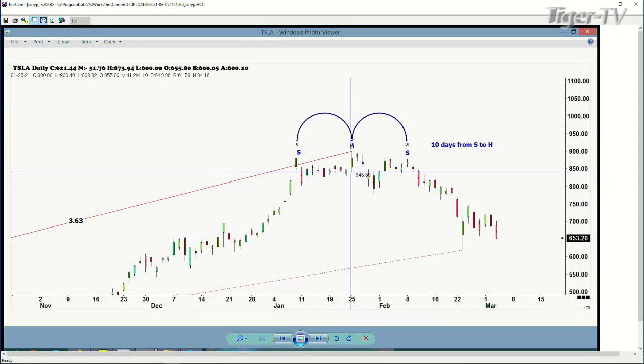The ratio on the right side, where the market starts to go down, should be lower than the left side, and that's exactly what happens. It can be the same size, same price, but it can't be higher. If it's higher, it nullifies the requirements for a head and shoulders pattern. That's in the book, The Non-Random Walk